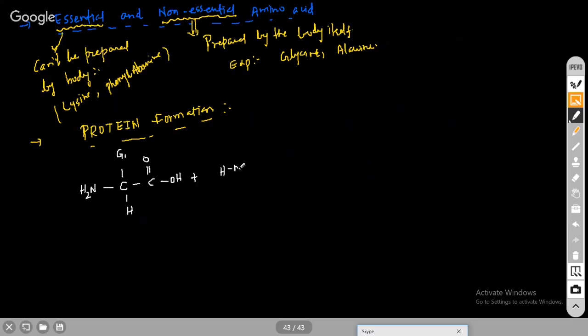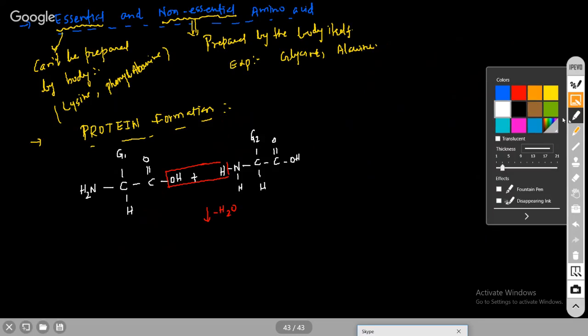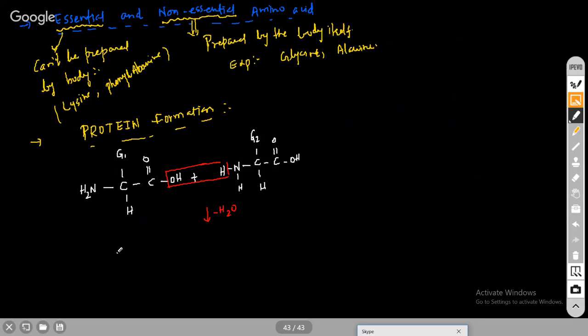This joins with another amino acid, NH2, CG2, C double bond OOH, hydrogen. So what happens when these two combine? Again condensation takes place. Hydrogen here and this OH combine, H2O comes out,